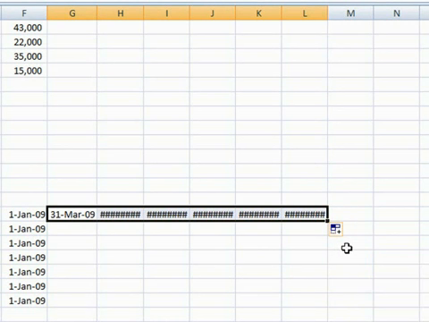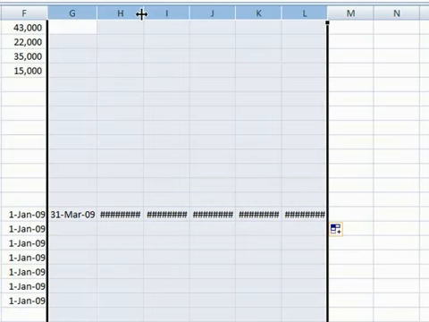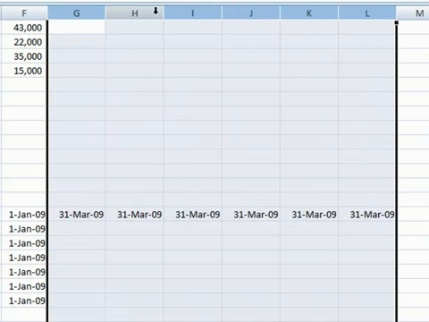Now we can't see that at the moment because the date is slightly too wide for the cell. So to fix that, I'm going to select all of those columns, widen one column so it's big enough, and that widens all of the columns to the same width, and I can see the 31st of March 09 in each cell. Now the reason I did that was so that I can examine each of the different possibilities when